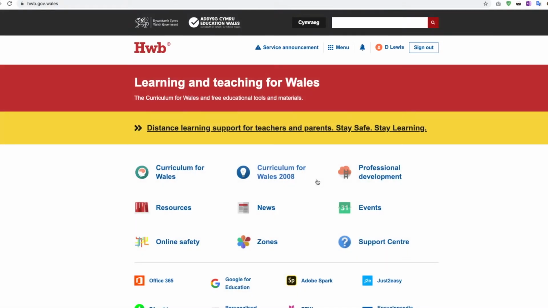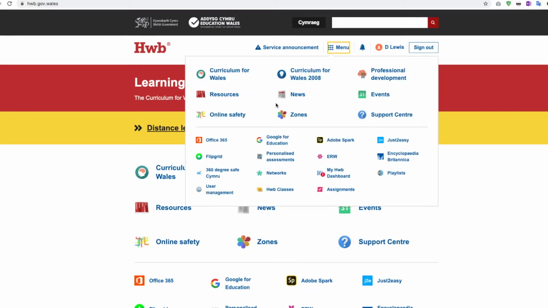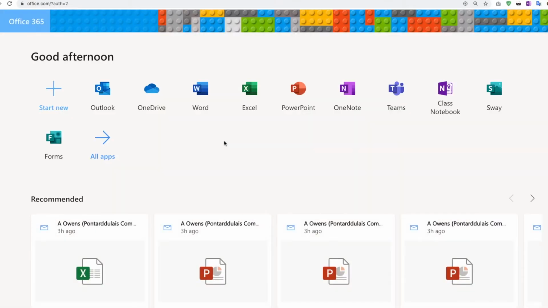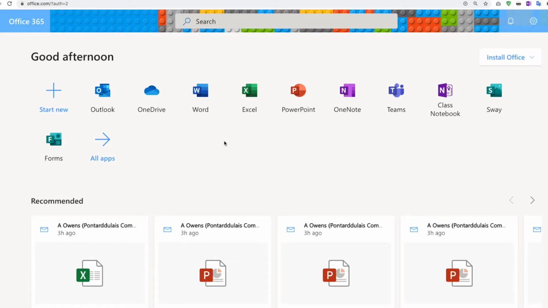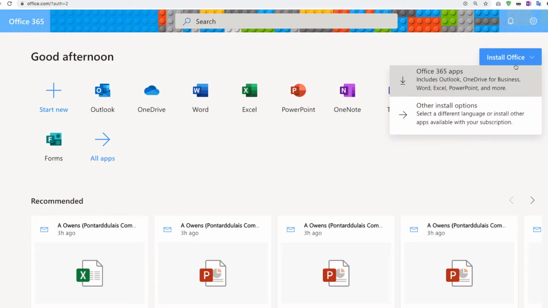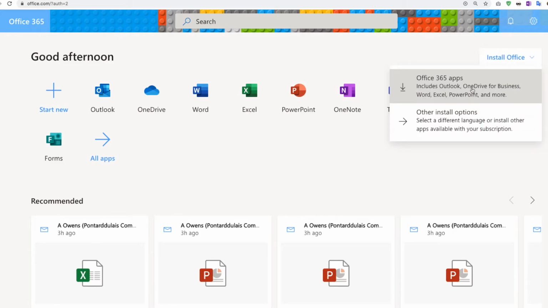Once you've logged in, click the Menu button on the top and then select Office 365 from the drop-down option. Once this is loaded, you should see an Install Office icon in the top right-hand corner. If you click on it, a drop-down menu will appear and then there will be an option to install Office